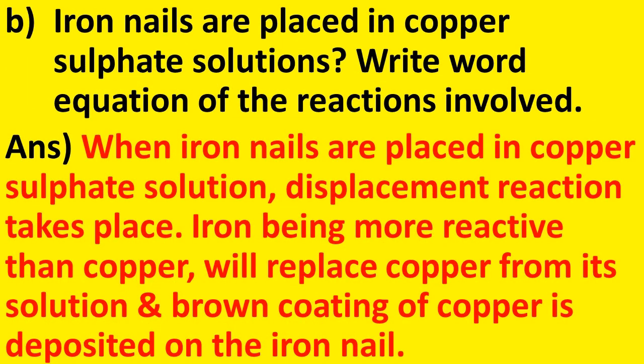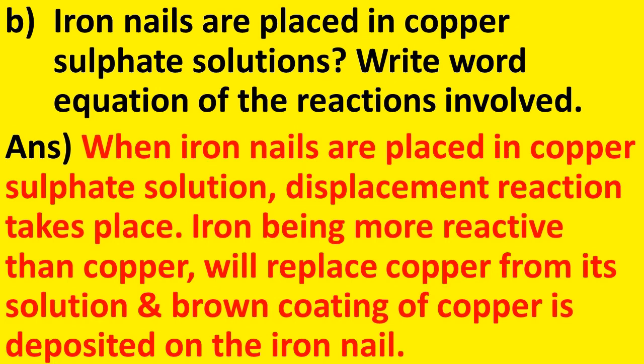What happens when iron nails are placed in copper sulfate solution? Write word equation of the reactions involved. Answer: when iron nails are placed in copper sulfate solution, displacement reaction takes place. Iron, being more reactive than copper, will replace copper from its solution, and brown coating of copper is deposited on